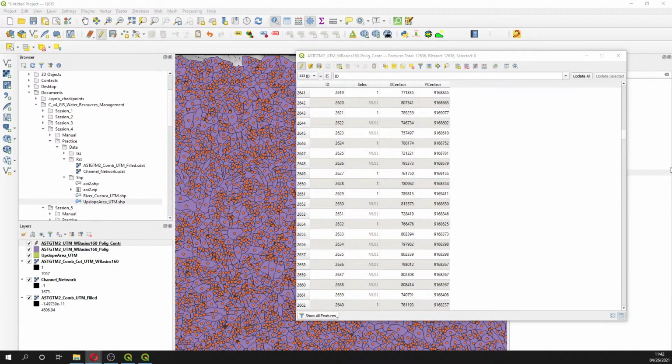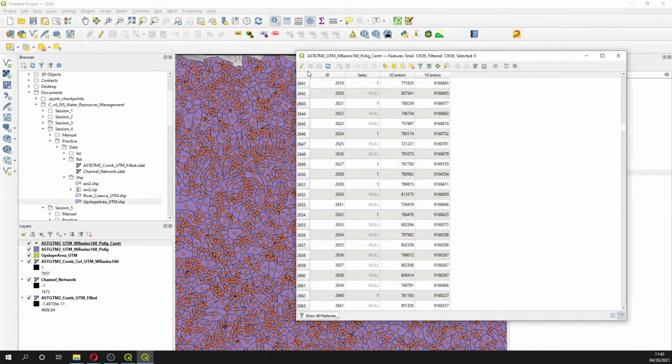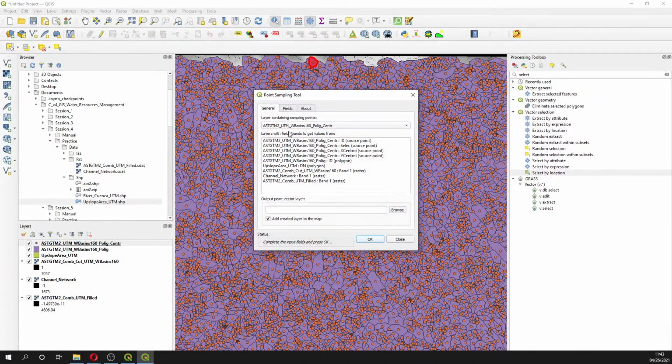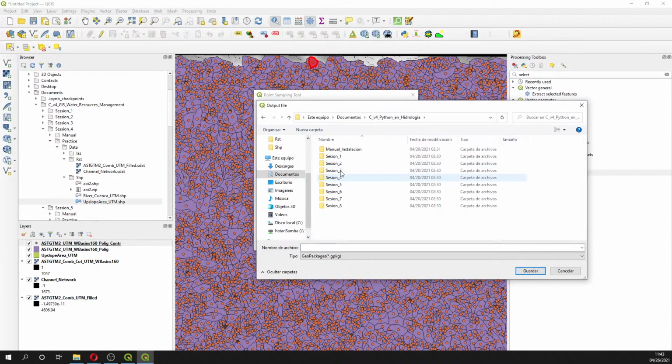And how we can capture, okay, so then let's get out of the edition, and then we can capture with the point sampling tool. We are going to use the centroids, and then we can capture here the UTM. Okay, here we can capture the UTM, and this will be on the course folder,